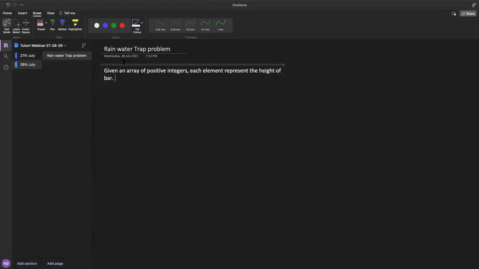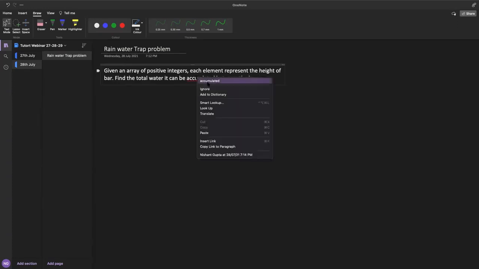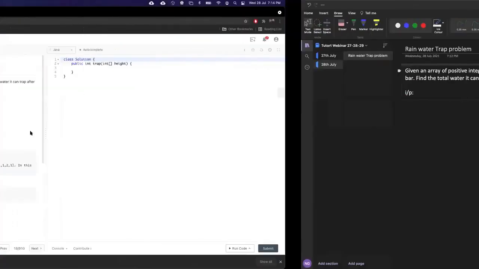Find the total water it can accumulate between the bars. Okay, accumulated between the bars. So let's take an example and understand further what the problem is. Let's take the example from here itself.